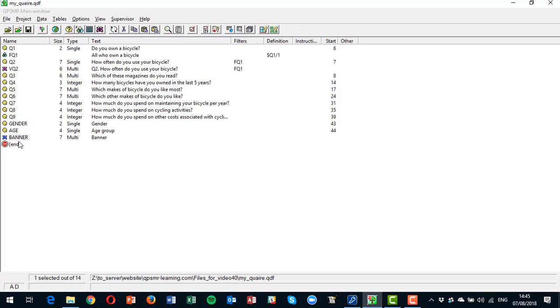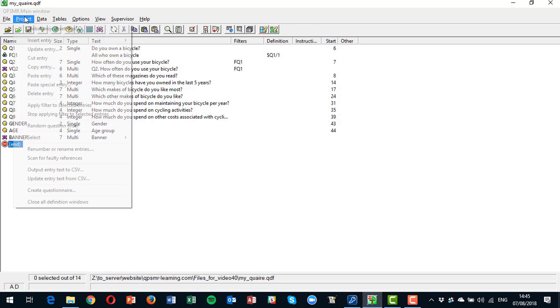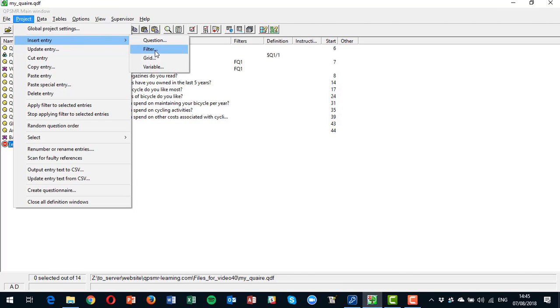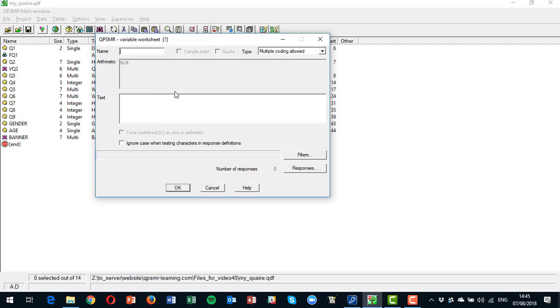So that's one use of a variable, building a banner so that you can put various things together. Let's look a little bit more in building a banner now, if you want to be a little bit more specific, or just generally building a variable. So just look at the tools we've got. So let's start again now. I'm going to call this banner 2. I'm going to leave it as multi-coding allowed again,